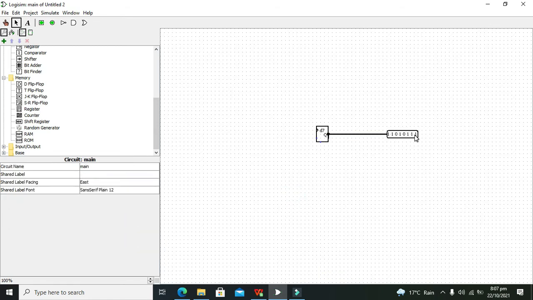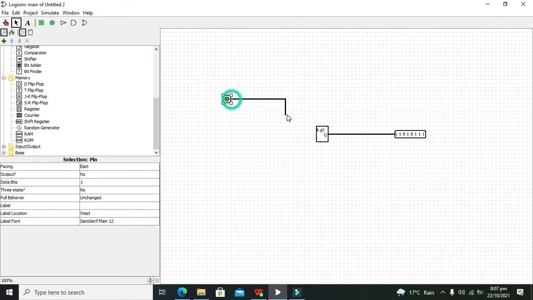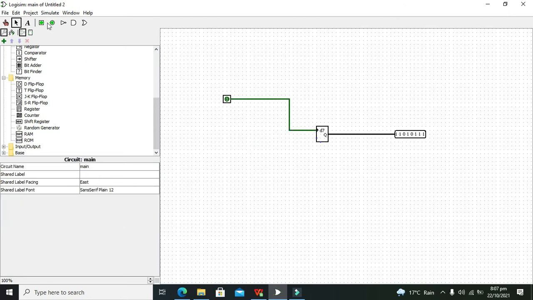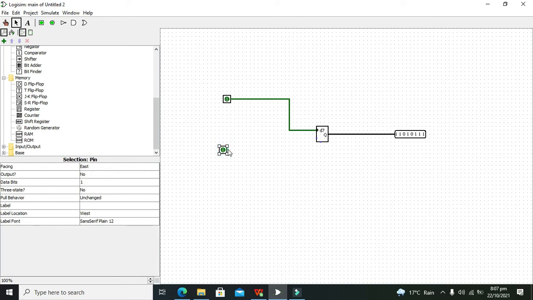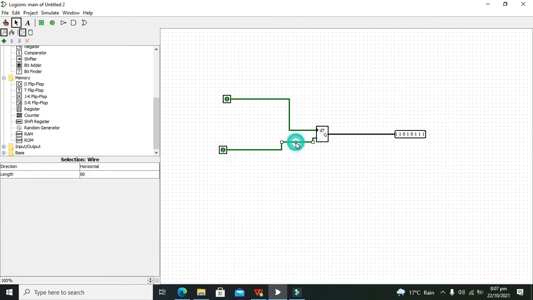Now we have attached an 8-bit logic probe to the output of this Q bar. Like this, and now we need to take two logic inputs. One is for the clock, and one is for the enable. So when enable is 1,